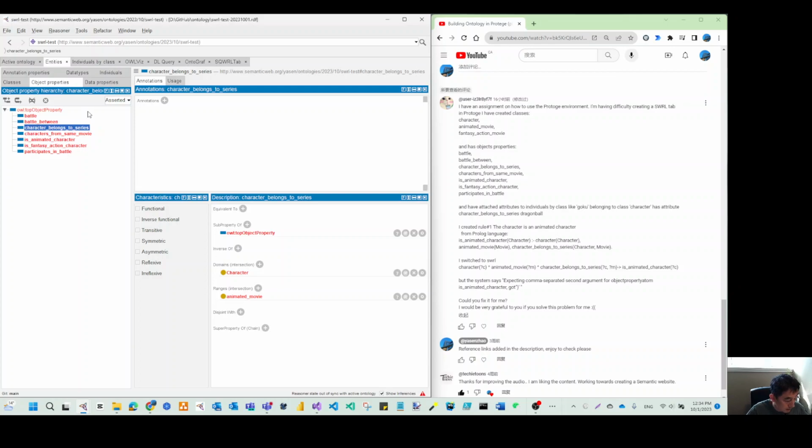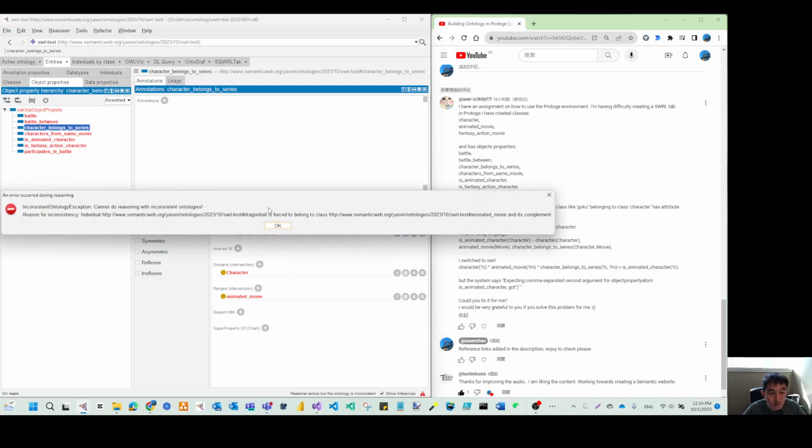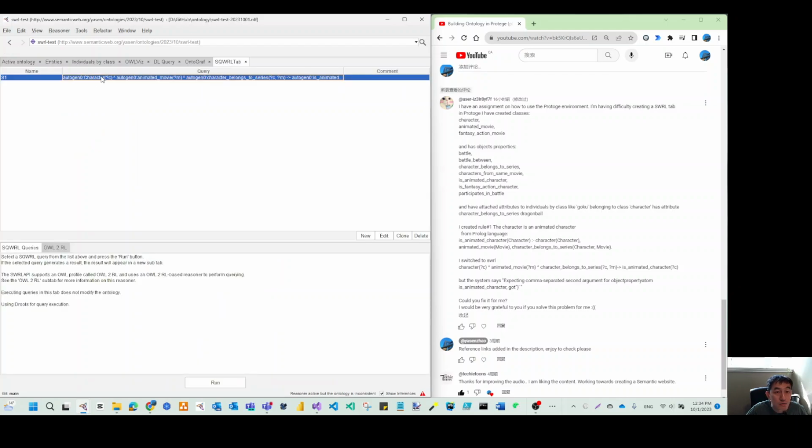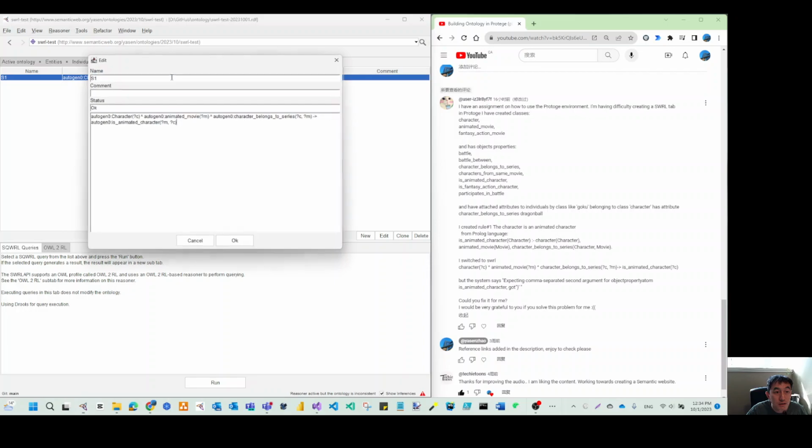Let's try this. Forced to belong to animated. So if we build such kind of object property, we have these issues. So let's change this to data property.